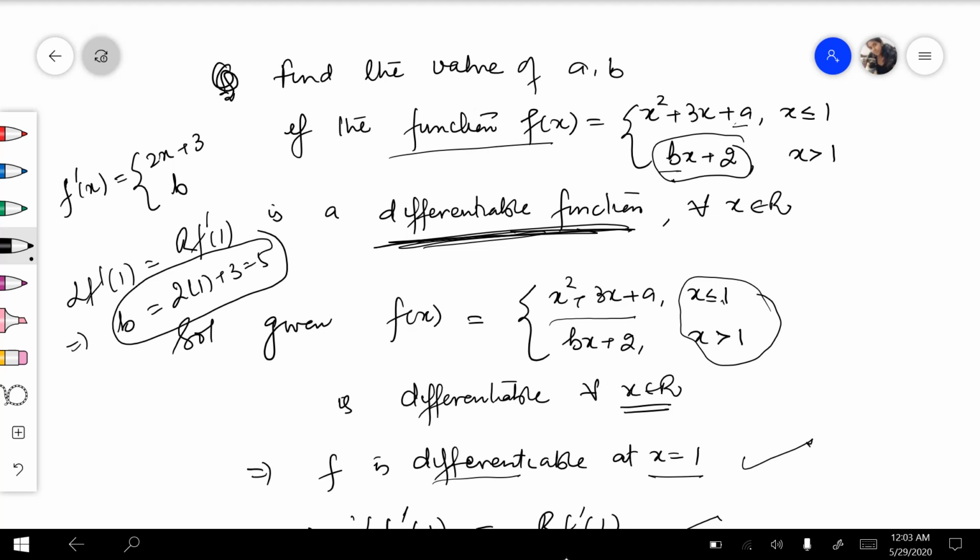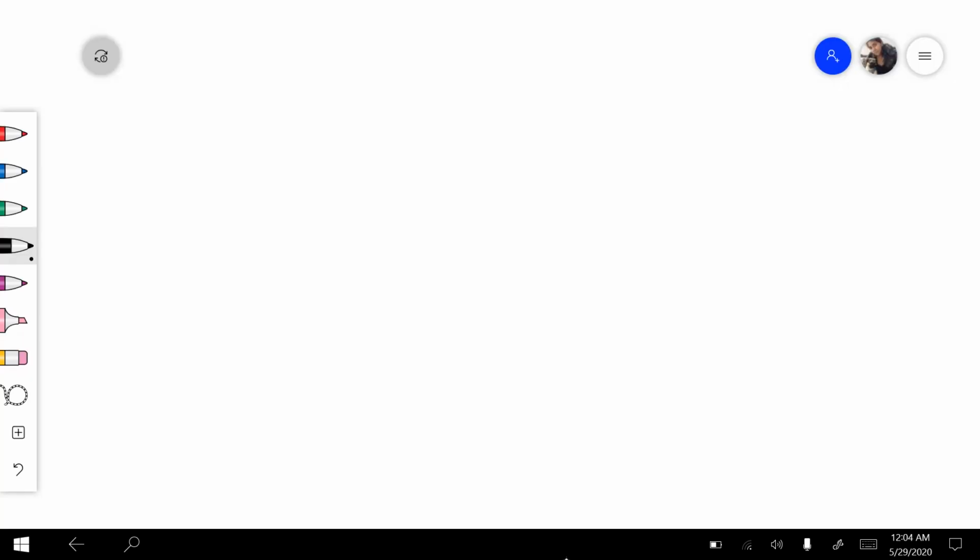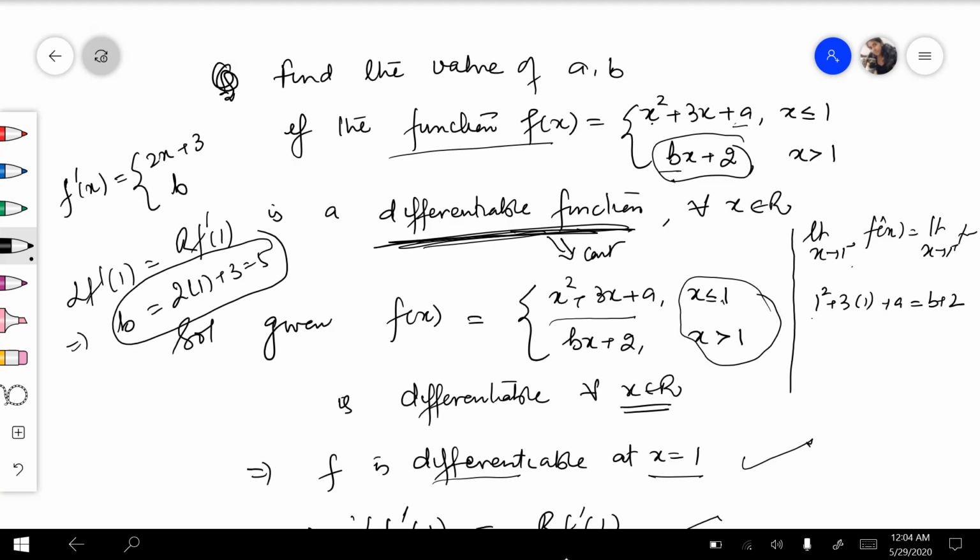Now we got the value of b. Still we have to find the value of a. If this function is differentiable, this is continuous also. That means left hand limit at 1 is equal to right hand limit at 1. So left hand limit के लिए x की जगह पर 1 put किया तो it is 1 square plus 3 into 1 plus a is equal to b plus 2, but b was 5, so it is 4 plus a is equal to 5 plus 2, which gives you a is equal to 3. Okay, so